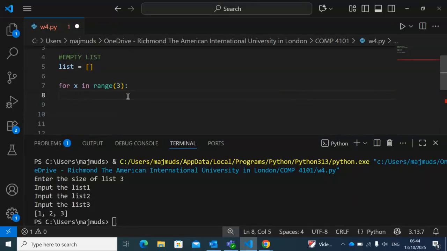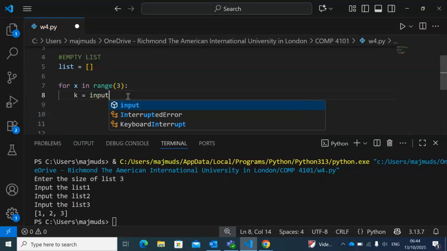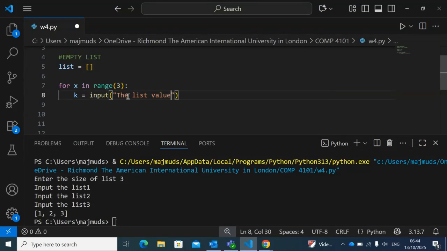and enter. And then inside the for loop, you define the elements of the list and you call those k or any alphabet you want. And you say k equals, and you take it as an input from the user. So you say enter the list values, or